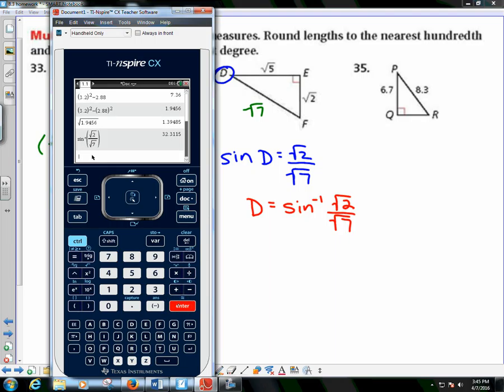I'm going to hit enter, and that tells me that the inverse sine of the square root of 2 divided by the square root of 7 gives me 32.3 degrees. We are rounding to the nearest degree, so my answer for D is